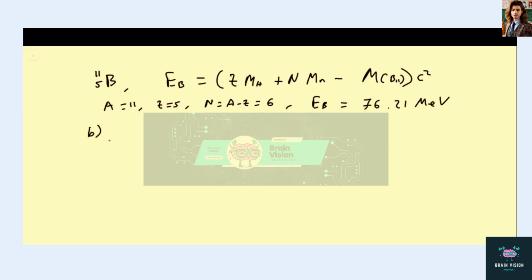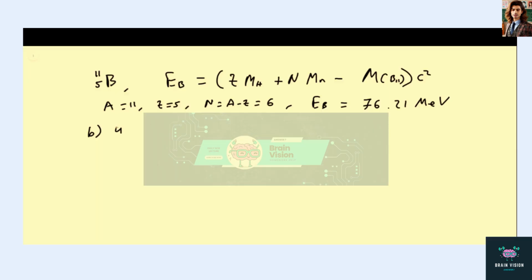Now in part B, we're asked to calculate the binding energy from equation 43.11 in the book, which has the following lengthy form. C1 times A, minus C2 times A to the 2/3, minus C3 times Z times Z minus 1 over A to the 1/3,